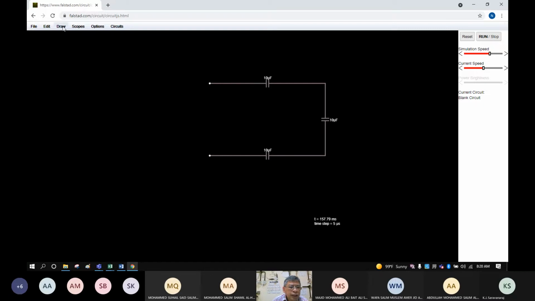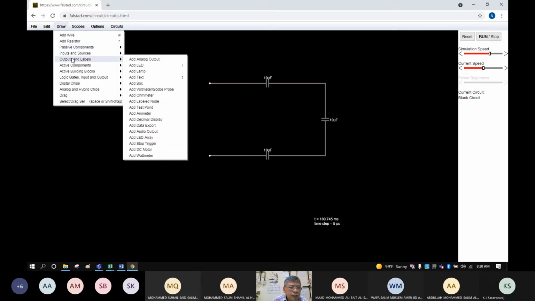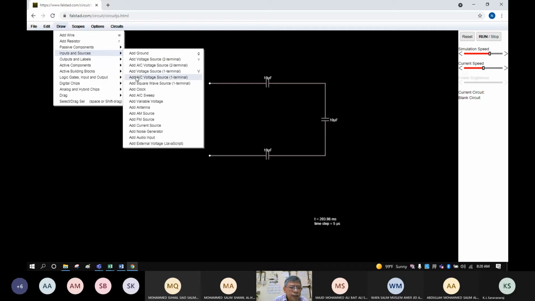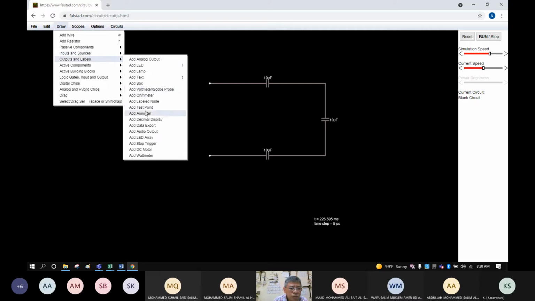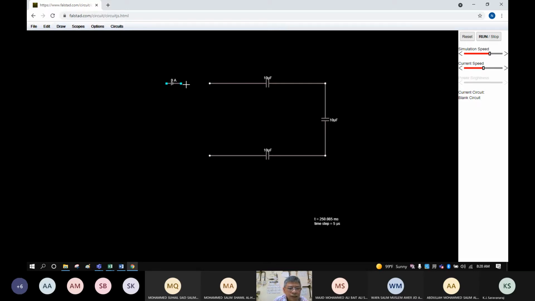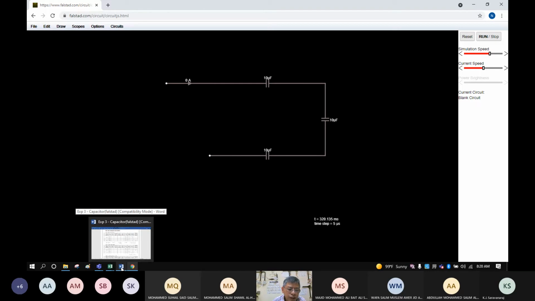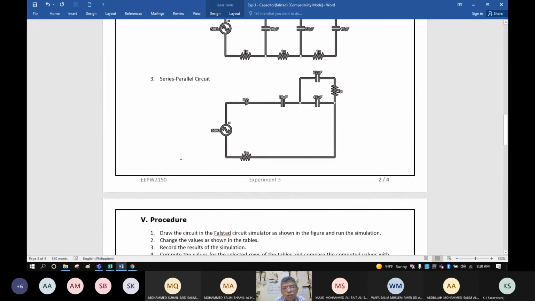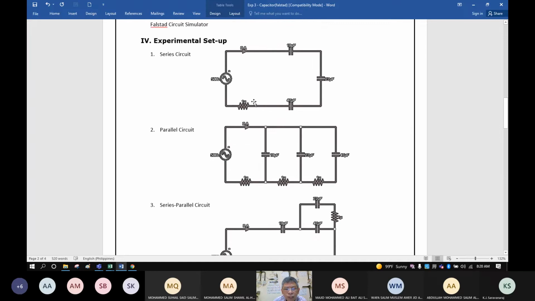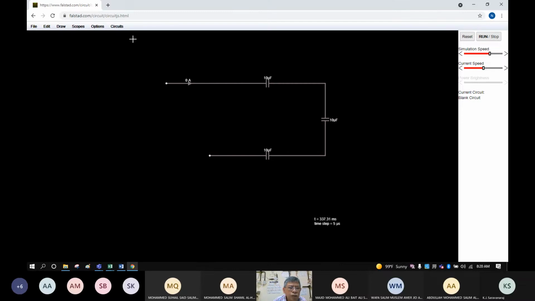Now, we need an output and level here. Then we will go to the ammeter for the current. Okay, this is the current. We will connect here. The question that I asked you before: why do we need to put a resistor? This is my first question. Why is there a resistor here? So the exact answer for that, I will connect first without a resistor. What will happen?